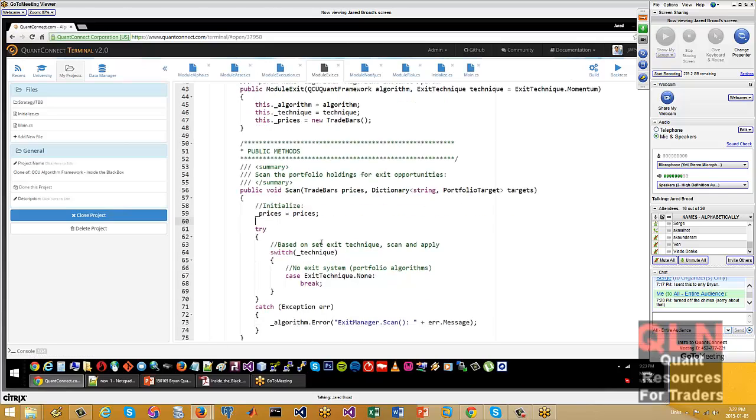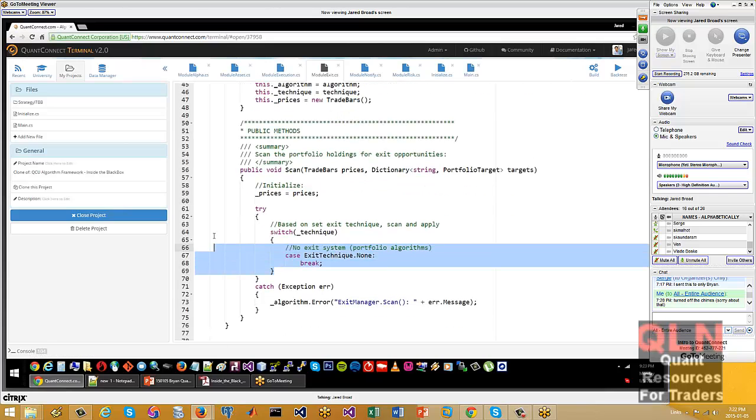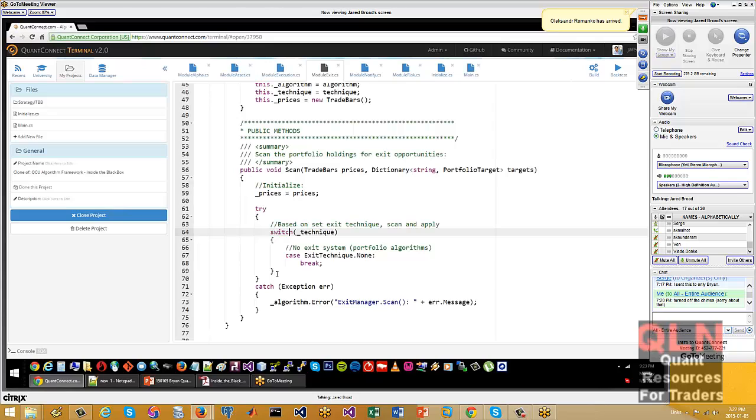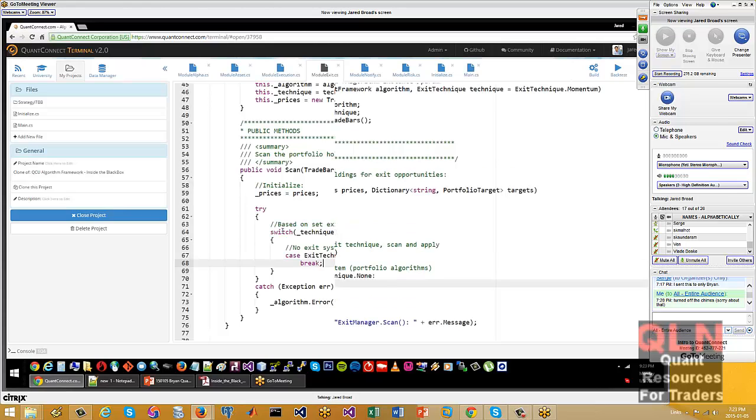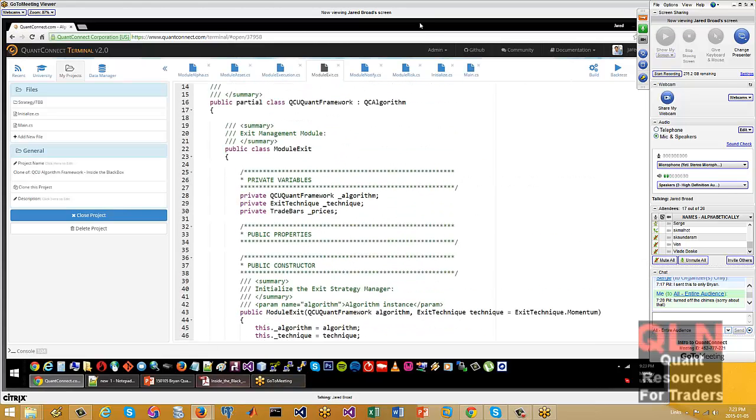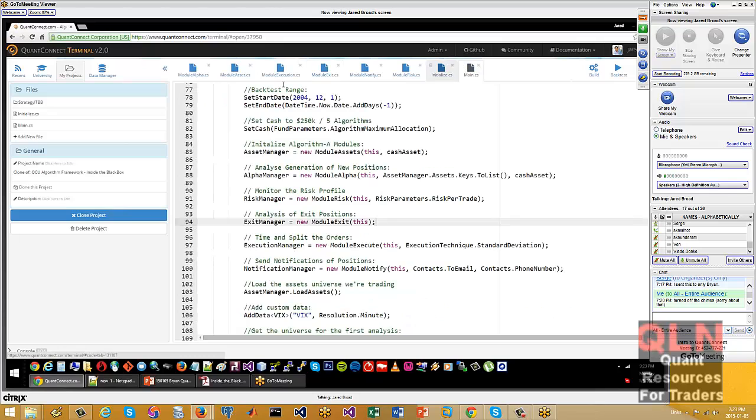So I won't go into it here, but we were designing more of a portfolio rebalancing long-term strategy, and it doesn't quite apply. But here you could also build in exit stop loss techniques, where you scan the current holdings of the algorithm for exit opportunities. That's its own dedicated module, which isn't quite inside the black box, but it's just a little addition.